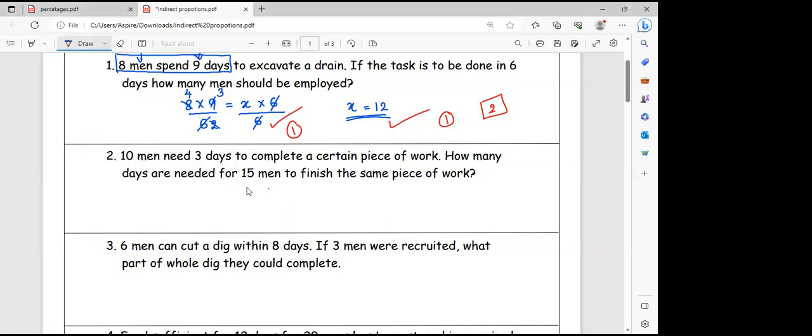10 men need 3 days to complete a certain piece of work. How many days are needed for 15 men to finish the same piece of work? Now, this is also the same as the previous question. What they have given? They have given 10 men need